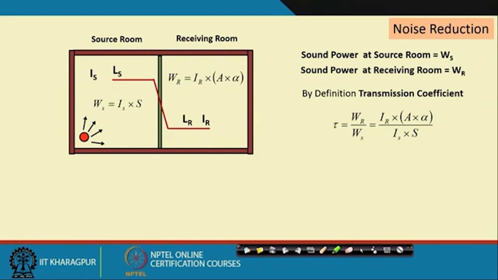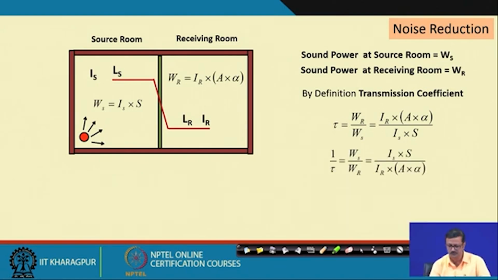Tau is nothing but, if you remember, in the last lecture we discussed the ratio of WR and Ws, the sound power in the receiving room by the sound power in the source room. So, you can express the sound power in the receiving room by IR into A into alpha, and the sound power in the source room is IS into S. S is the exposed surface area of the partition wall. And now, if you just